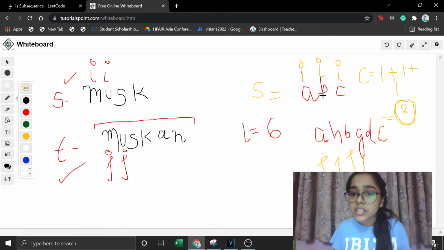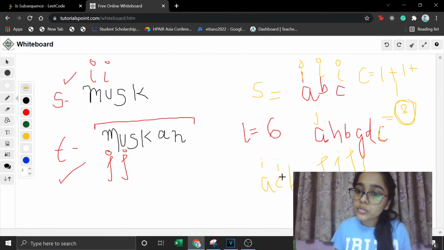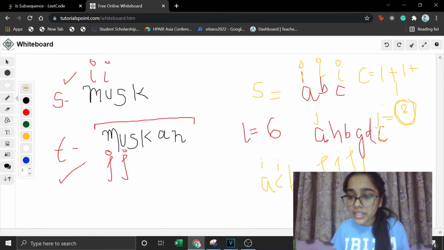I is only increasing when we are able to find the similar element. Suppose here it would have been A, C and B. So for this string it should return false. I will first of all come here, then J is here, then we find that it is equal to A, so I will increment, and here J will keep incrementing because we are not able to find C. So here I will find C, and this particular string will end and my counter would be 2 only. If we were able to find only 2 elements, my counter would be 2 only, not 3. Okay, it is not 3. So we will say that it is not a subsequence.